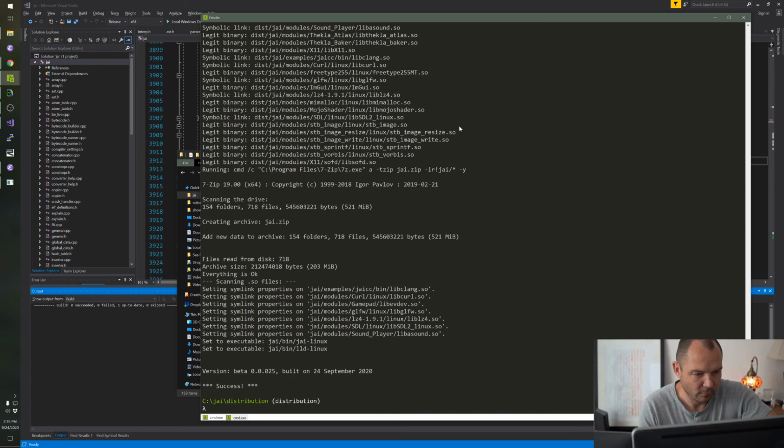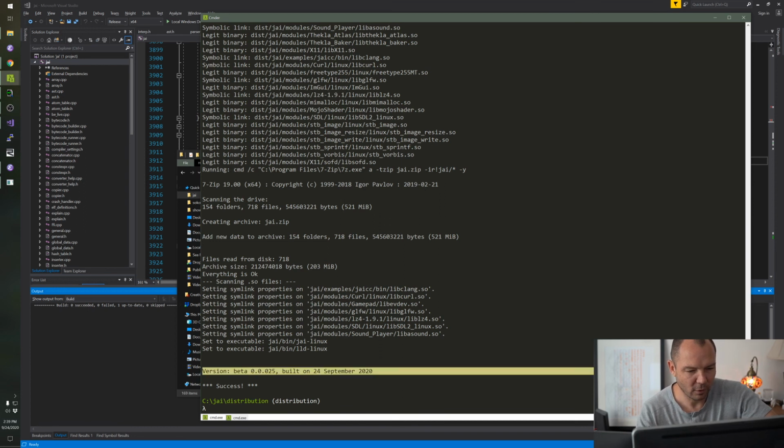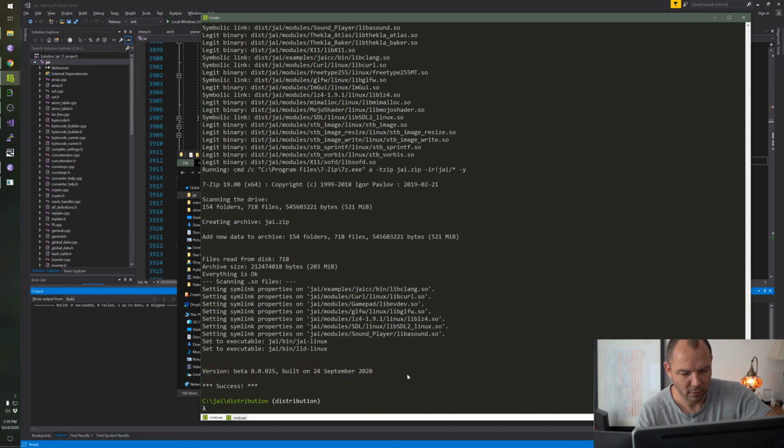It even checks this version stamp down here: it checks the Linux executable and the Windows executable and makes sure they have the same version string, byte by byte. That's how we prevent accidentally shipping the wrong thing.